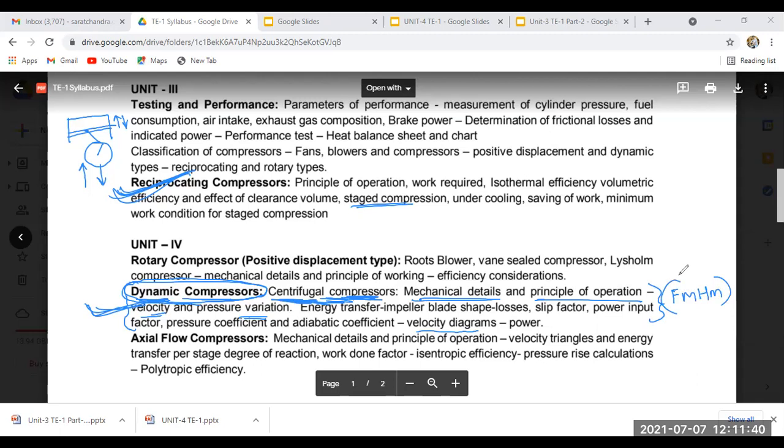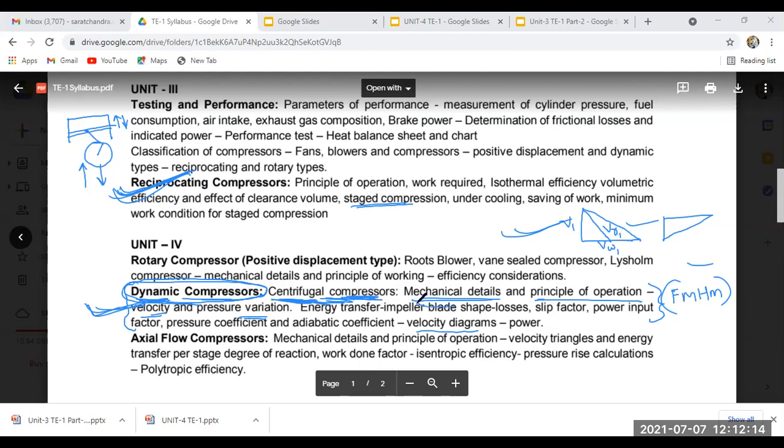Guru Shankar sir already told you some concepts regarding these velocity triangles. V1, VW1, V relative velocity, something like this, some concepts you already have from FMHM. Guru Shankar sir already told you all these things. So here once again we are going to revise and practice all those things. But for today we will not start the derivation part.